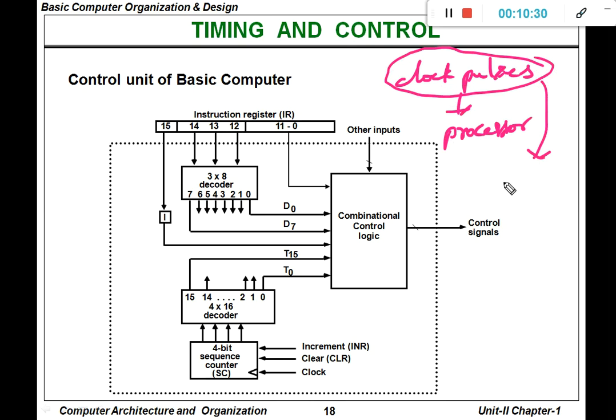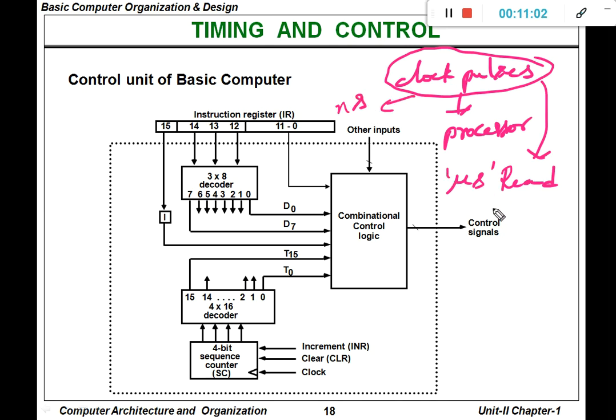For example, assume I need to perform a read operation. In general, the read operation will be performed in microseconds. However, because the clock pulses are generated by the processor, they will be in nanoseconds.